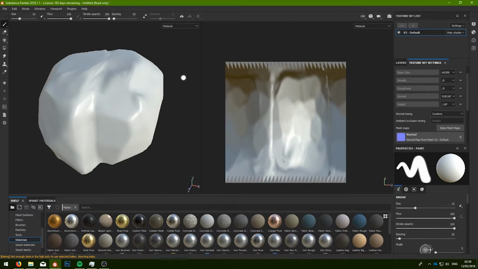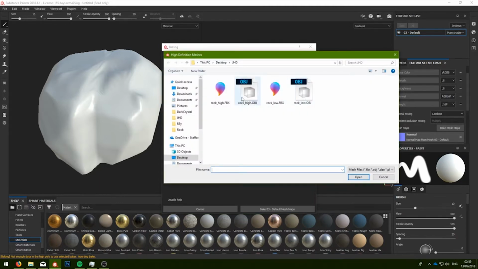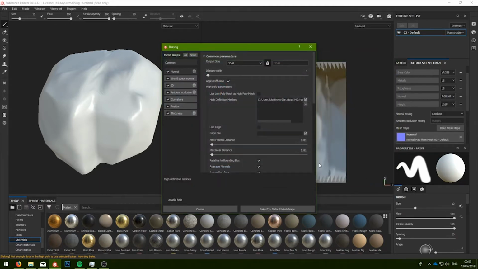Once those are baked, you'll be able to go back into the bake textures page and go up to normal, and you now will have all these options. First of all, I'm going to match the normal map resolution to the project resolution, which is 2K. I'm then going to go into high definition maps. I'm going to click my high poly FBX,